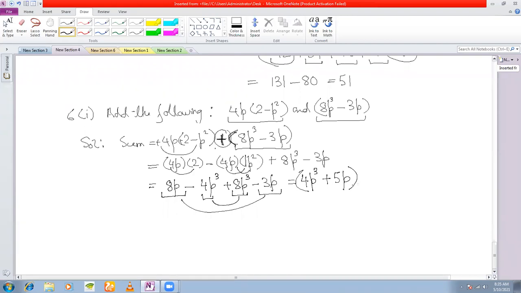There is one more step that you can do since I have time left. Although you can leave your answer here, there's no harm in it. But one more step that you can do, what we normally do here is see that I have a p cube here and I have a p here, right? When we'll be discussing factorization, we'll be seeing how to carry out this step. What is the HCF of p cube and p?